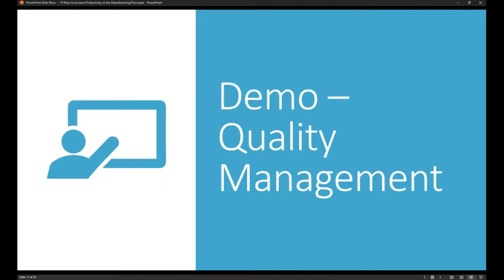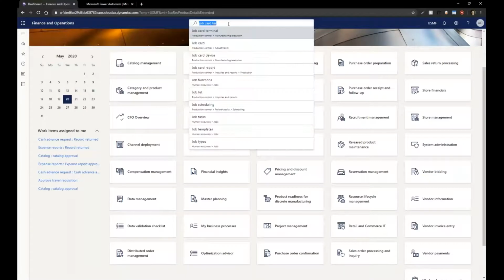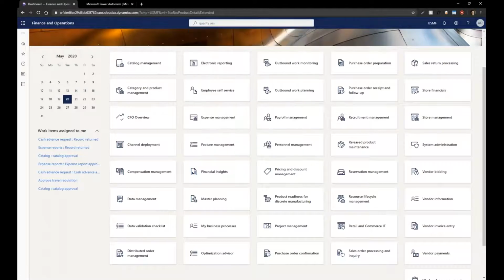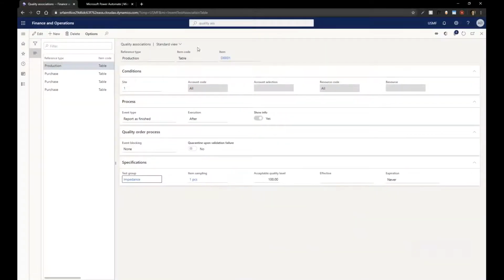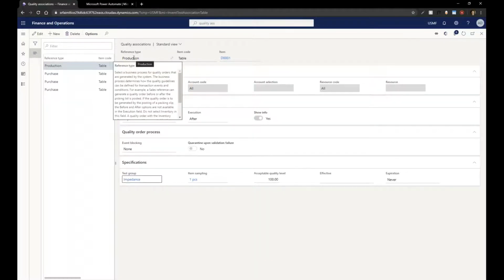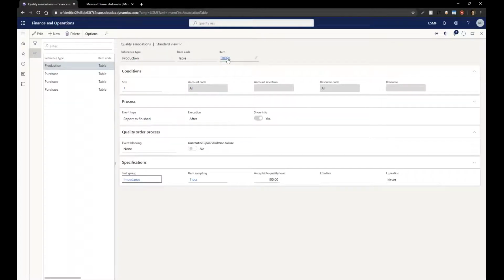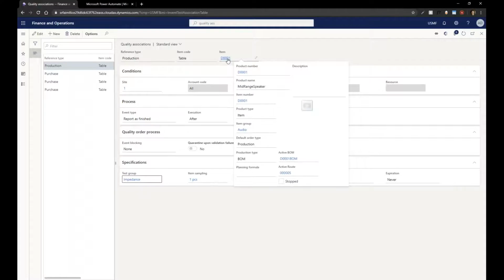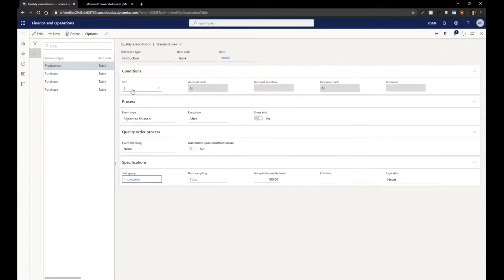So let's take a look really quickly here at the quality capabilities that we have. I'm going to go to what we call our quality associations inside of Dynamics 365. When I click on this area, there's a bunch of setups that drive when we should go through and do some type of quality check. Now, in this example, what we're saying is that when I have some type of production, meaning the output of an item that I'm producing for this specific item number, which is our mid-range speaker, for a specific warehouse,